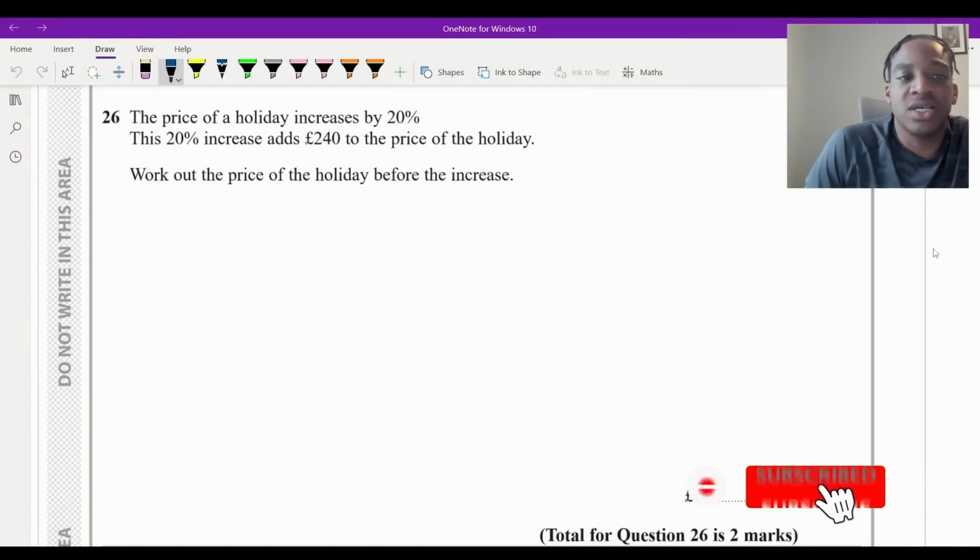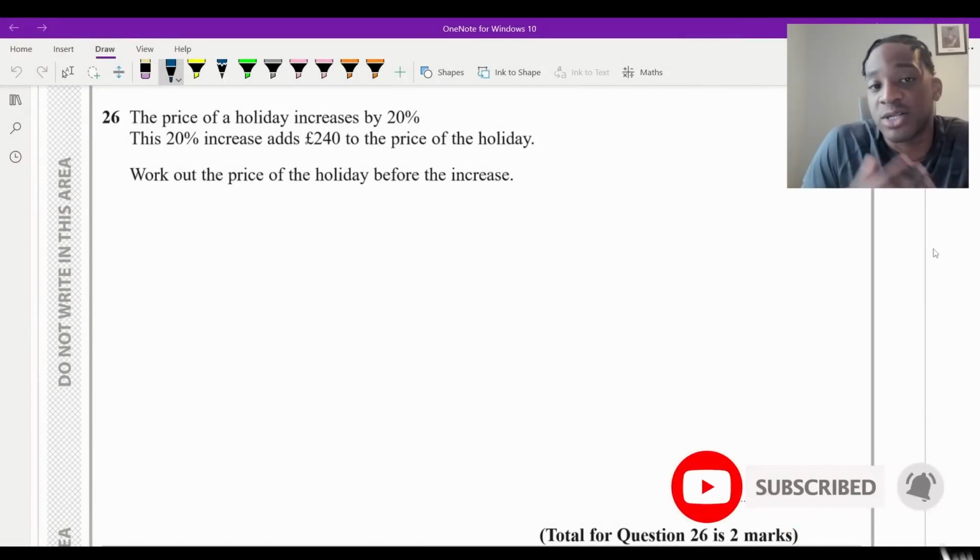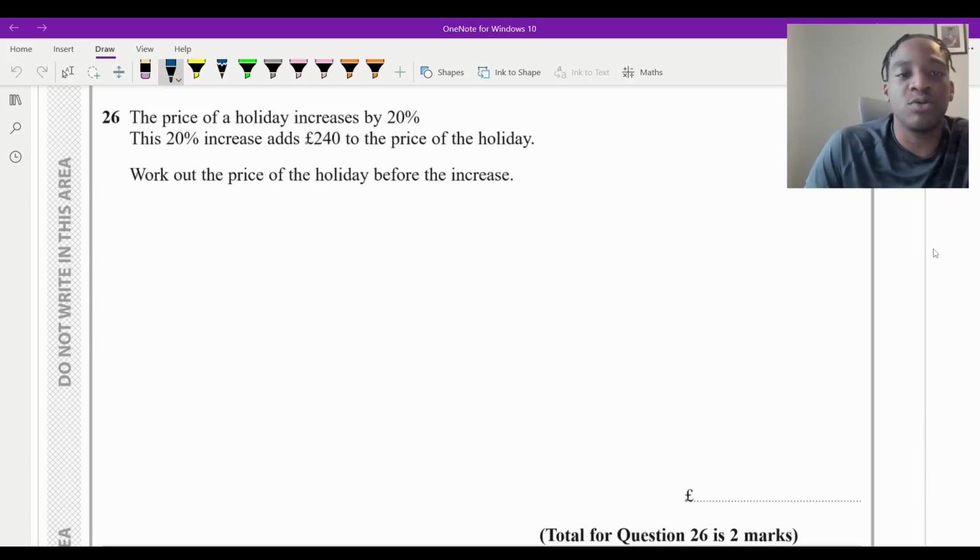Okay, so question 26 says the price of a holiday increases by 20%. This 20% increase adds £240 to the price of the holiday. Work out the price of the holiday before the increase. Okay, so this is a typical percentage question whereby they give you some sort of increase or decrease. They give you the percentage, and then they also tell you what that percentage increase or decrease actually equates to,